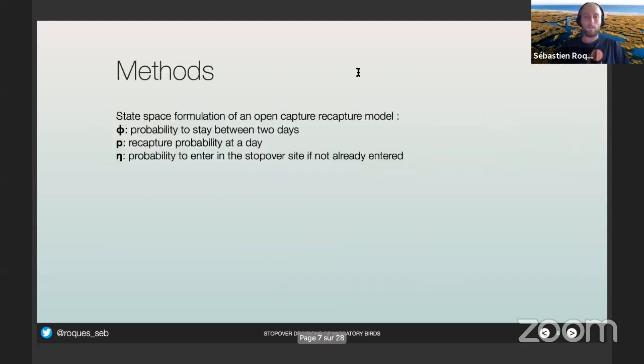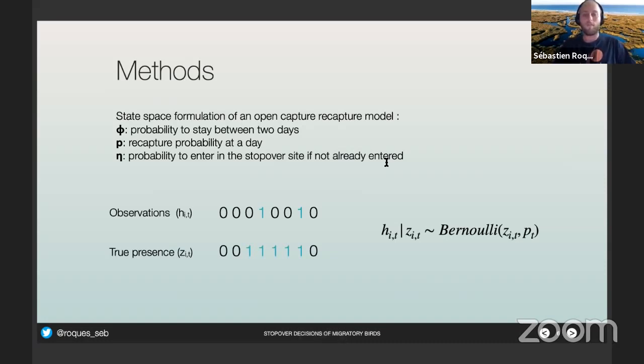So let's now talk about the methods. We used an open capture-recapture model with 3 main parameters. We have phi, the probability to stay between 2 days, with 1 minus phi being the departure probability. We have the recapture probability at each day, and eta, the probability to enter the stopover area if you're not already entered. For those who are not familiar with capture-recapture modeling, we have the observation, the data we have, with